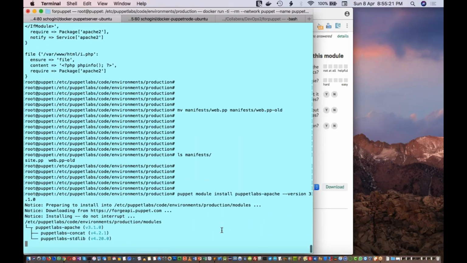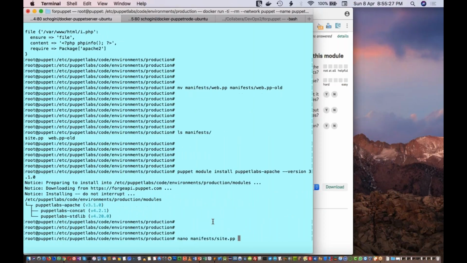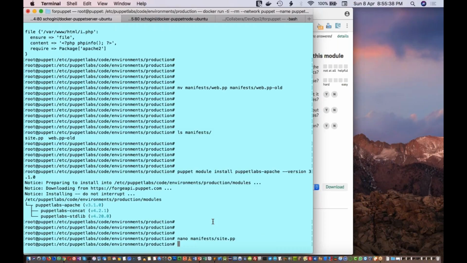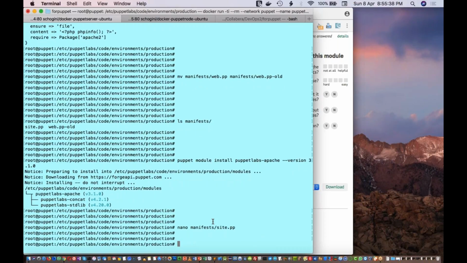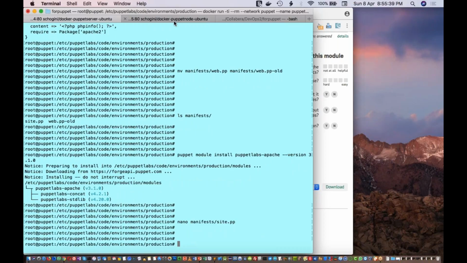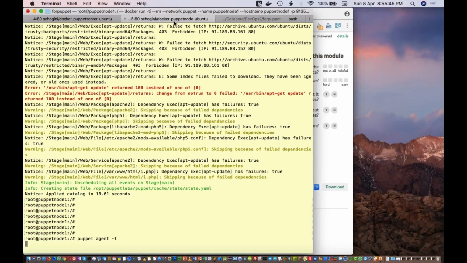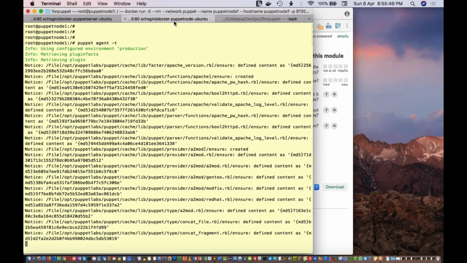Okay, now this is downloaded. So what I'm going to do is inside my site.pp, instead of this web, I'm going to include the class which is Apache. And I'm going to do puppet agent -t. Let's see whether if it is also using apt update, then this will also give an error, but let's see.